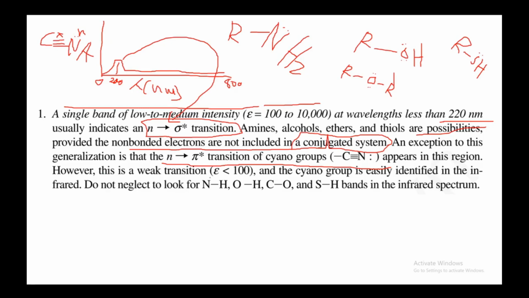However, this is a weak transition, less than 100 molar absorptivity, and the cyano group is easily identified in the IR. Do not neglect to look for NH, OH, CO, SH bands in the IR spectrum. So spectroscopy is a correlated technique. Sometimes you get good information from the NMR, sometimes you get good information from the IR, and sometimes you get decent information from the UV, but the least information is from the UV,